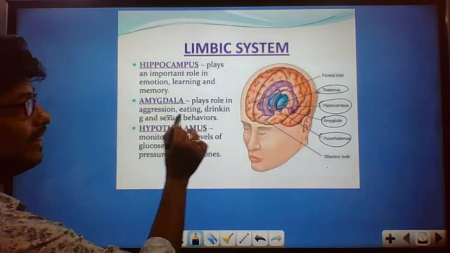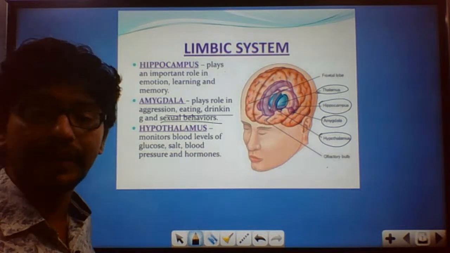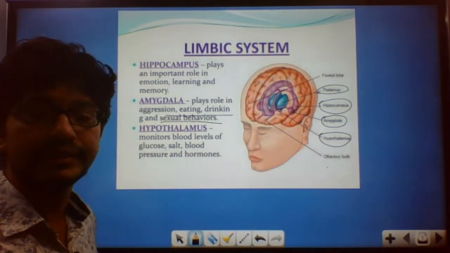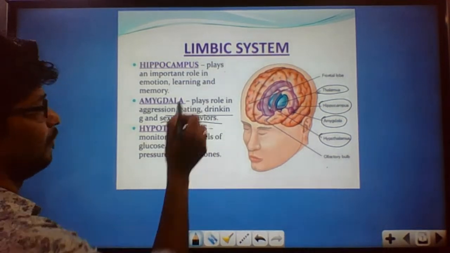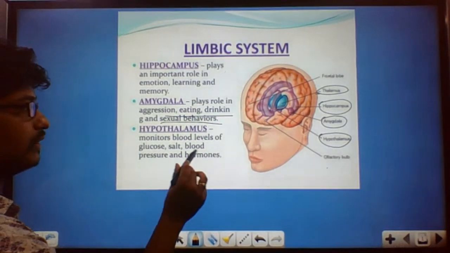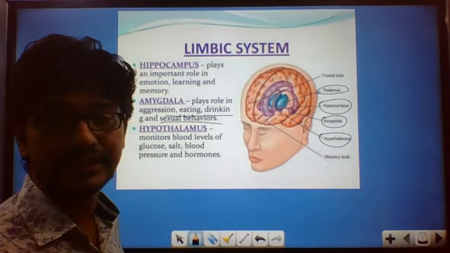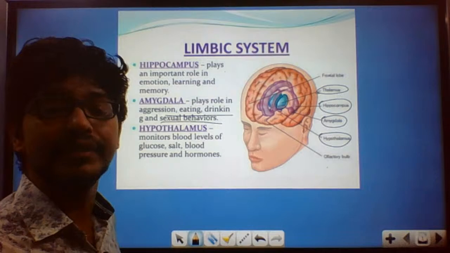Amygdala is for the eating and drinking mechanism. As already told you, it's also for sexual behavior. The strong sexual desires that you express sometimes are because of the amygdala. And the hypothalamus monitors the blood levels of glucose, salt, blood pressure, and hormones. As I already told you, the hypothalamus is the master of the master gland,